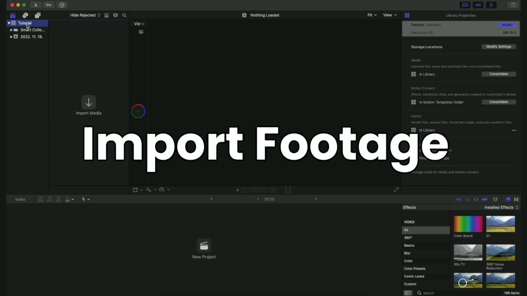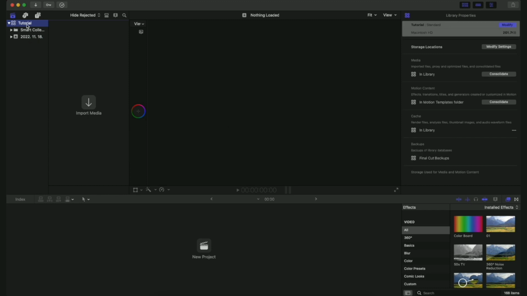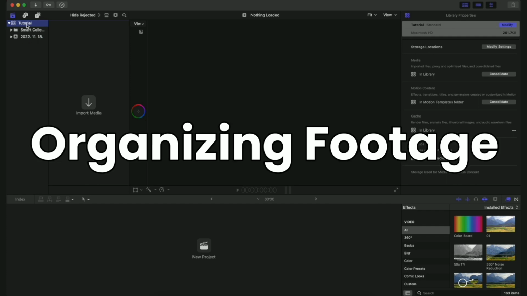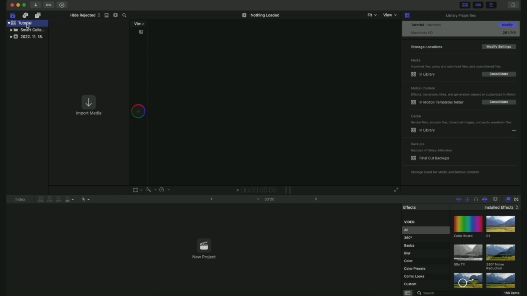Final Cut Pro is a professional video editing software developed by Apple Incorporated. It is designed for professional video editors and filmmakers who require advanced editing tools and features. Final Cut Pro offers a wide range of video editing capabilities, including multicam editing, keying and composition, motion graphics, and color grading. Final Cut Pro is known for its user-friendly interface and streamlined workflow, making it accessible to both beginners